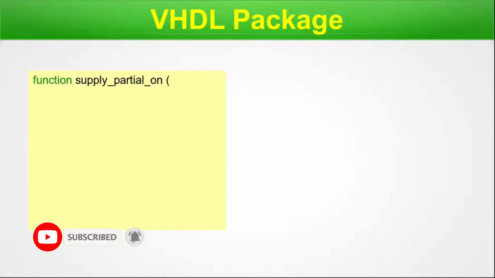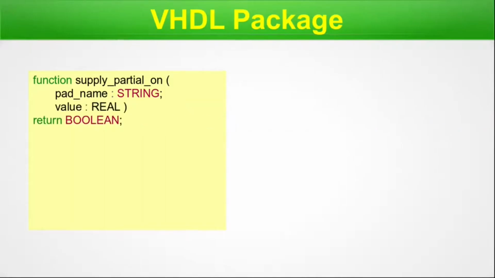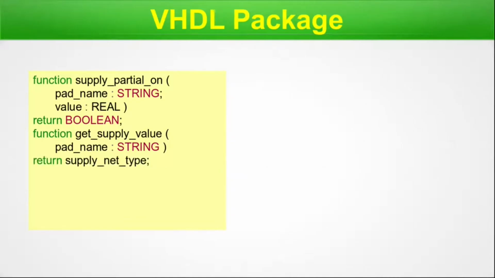Function supply partial on. Although it's a new slide, it's a continuation of the previous thing that we are discussing. This is a function supply partial on, pad name is string, value is real, return type is boolean. Function get supply value, pad name is string, and return is supply net type. Function get supply voltage, value is supply net type,